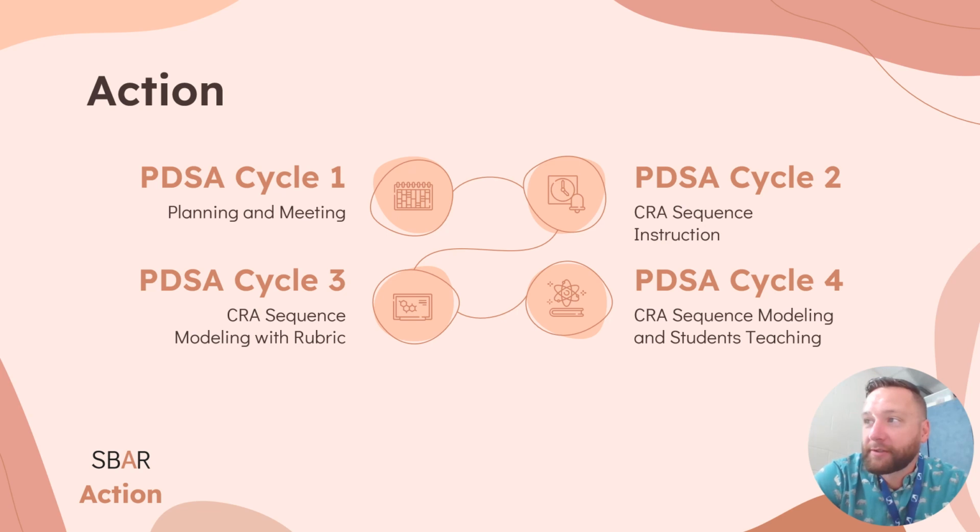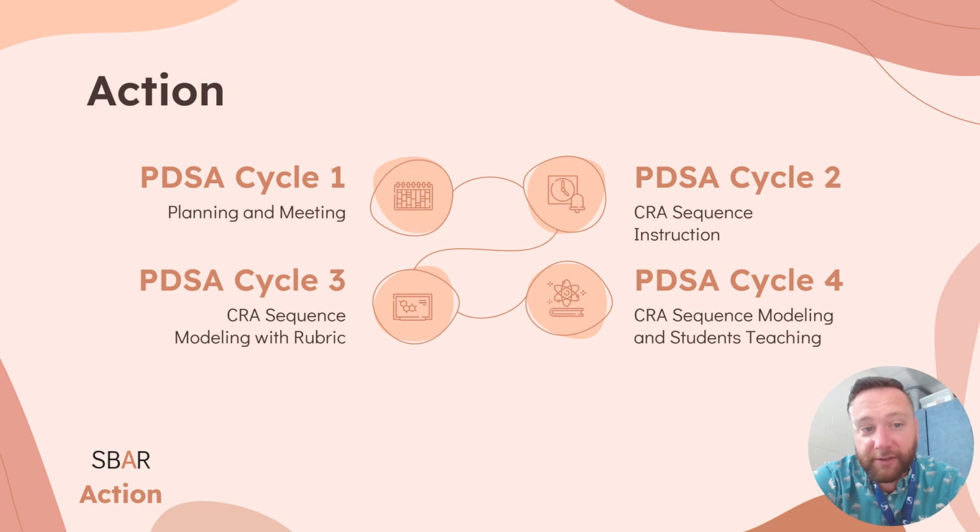Our action came through our 4 PDSA cycles. Our first cycle just led us through planning and meeting time. So that was just me sitting down with Tiffany Goff, our fourth grade teacher who decided to do summer school, and me as an admin, sitting down for frequent meetings throughout, but also to start cycle 1. That was our whole cycle 1, just to plan and meet to set up